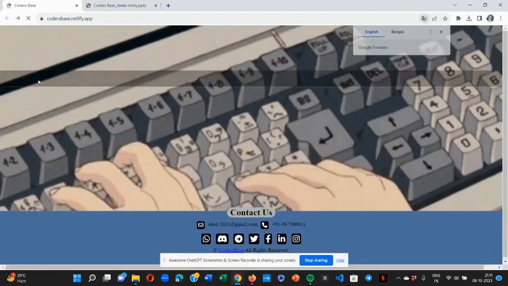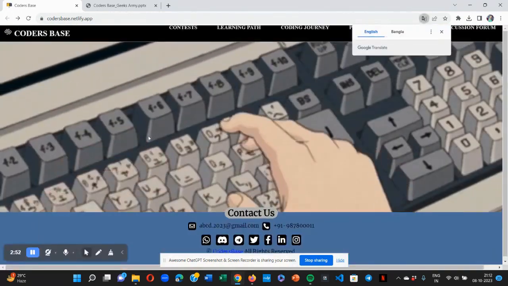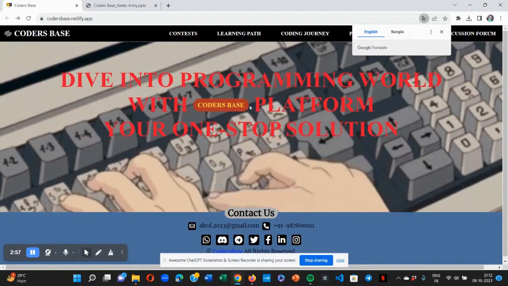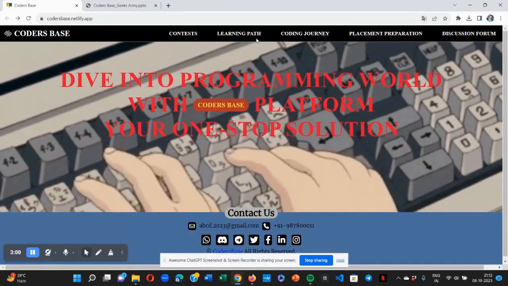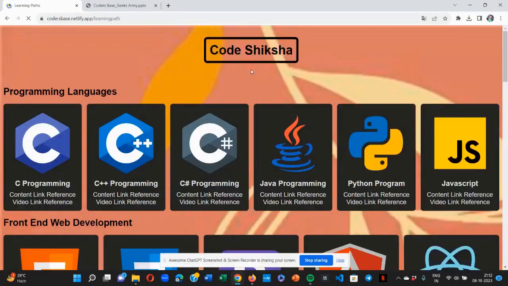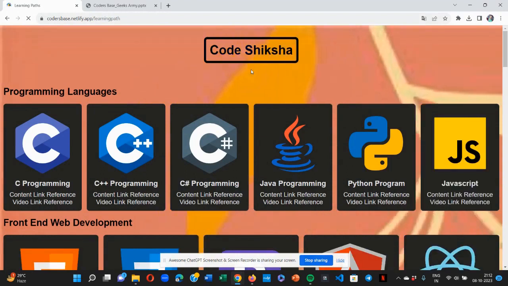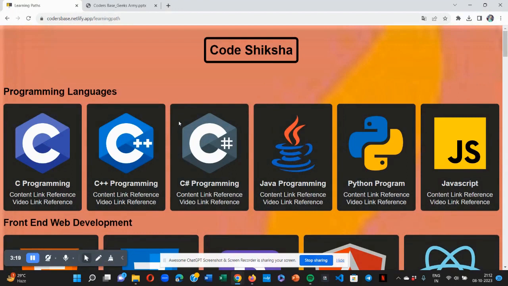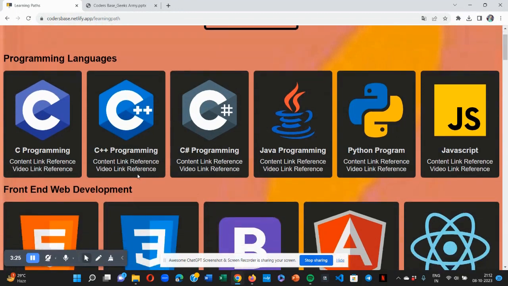Coming to the next part, we would like to introduce the most unique and well structured dashboard of our platform, that is the learning paths. For special mention, we named it Code Shiksha. So, what does Code Shiksha provide? It helps coders and students to choose topic-wise and domain-wise learning paths according to their aim and need, and easily access the best study materials in the form of Google resources and YouTube videos to clear their concepts of programming. You can see that we divided the dashboard into small cards and arranged them row-wise.